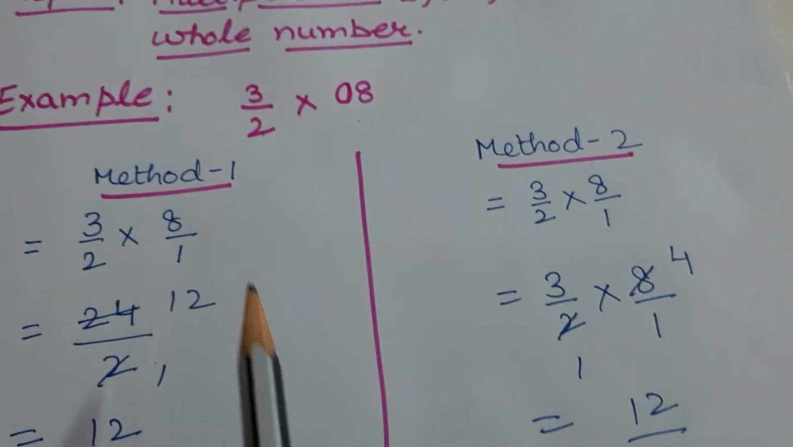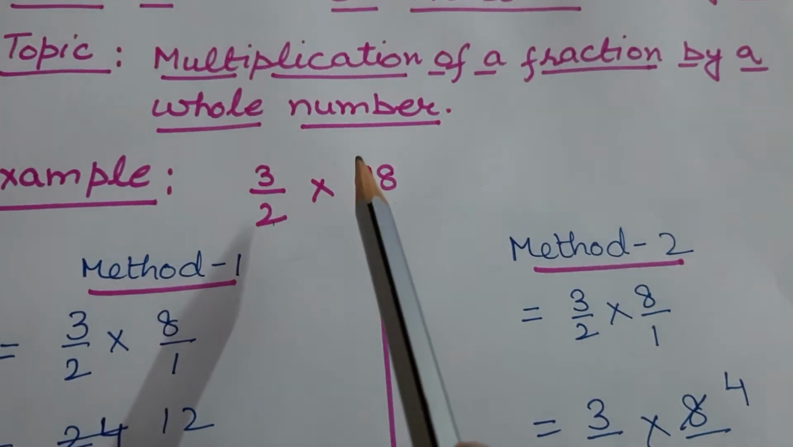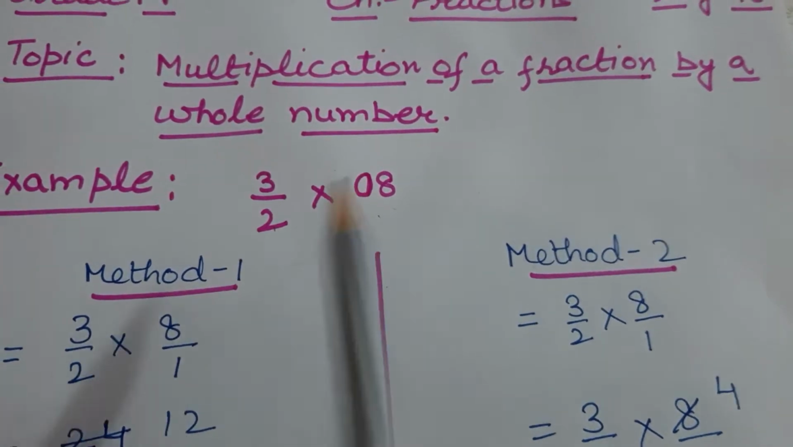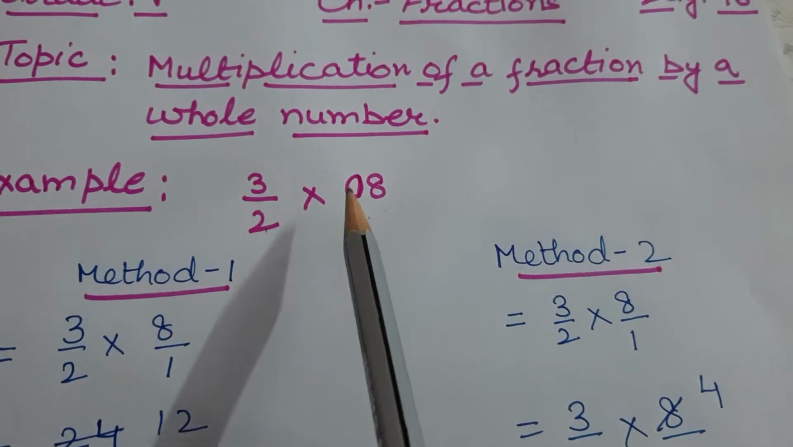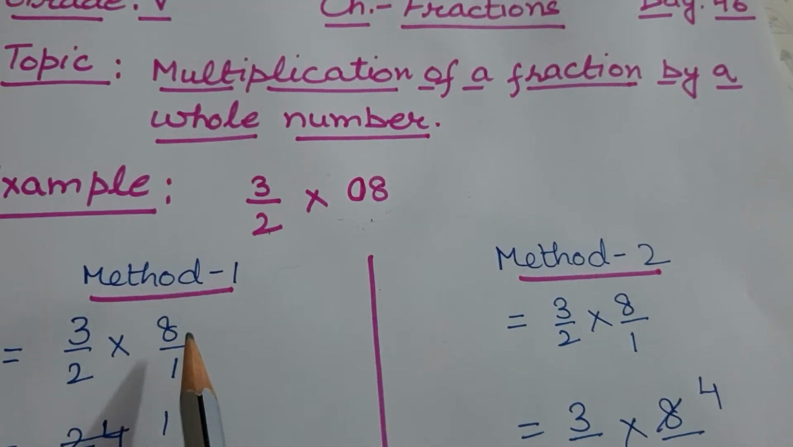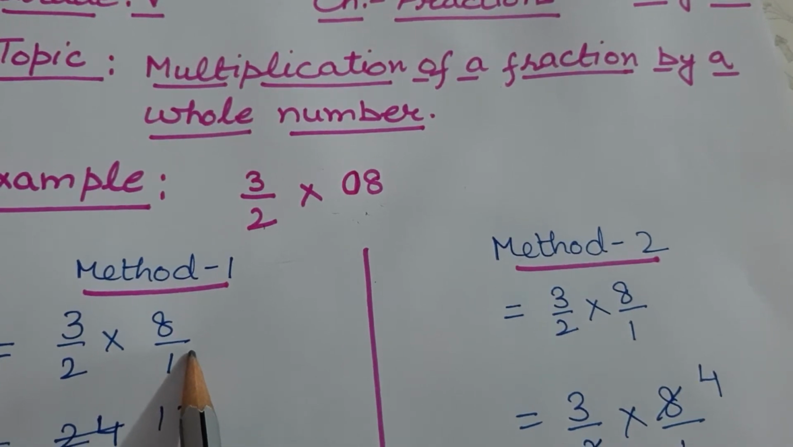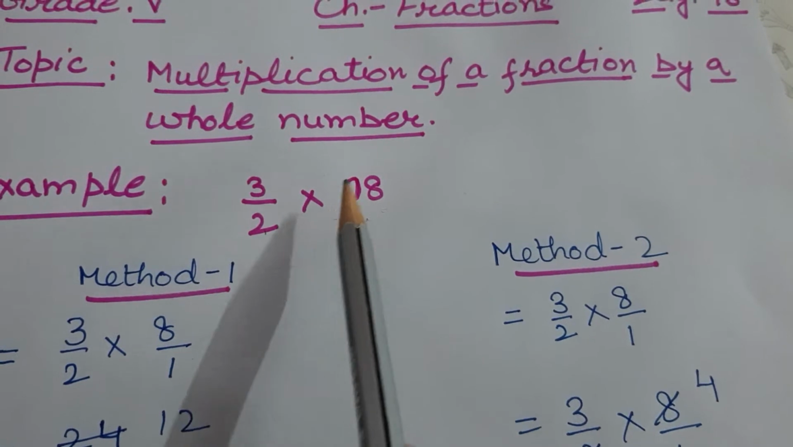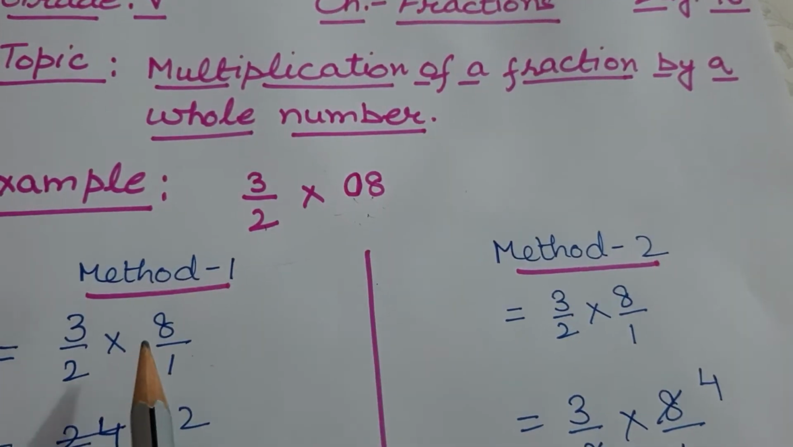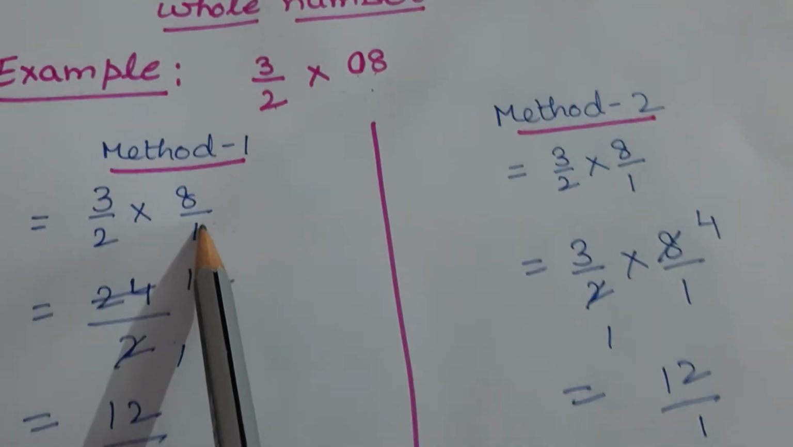So first I am taking the first method. Students, when a whole number is given, there is no denominator. But if there is no denominator, it means its denominator is 1, not 0. Don't put 0 here. So whole numbers always have 1 as the denominator. Okay, so now